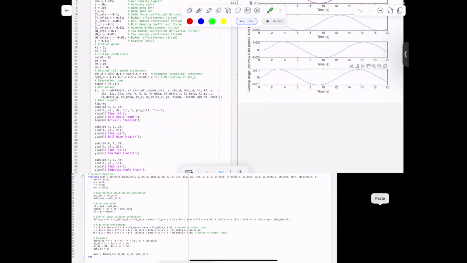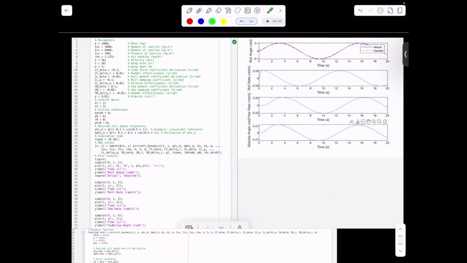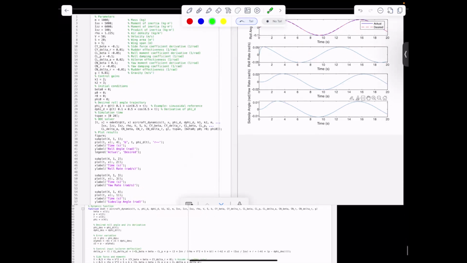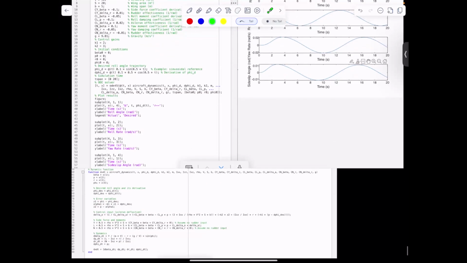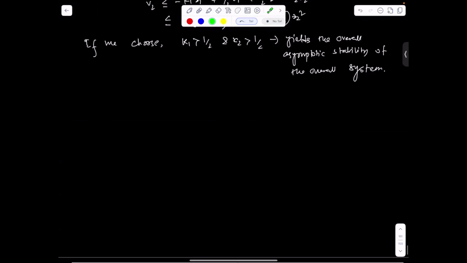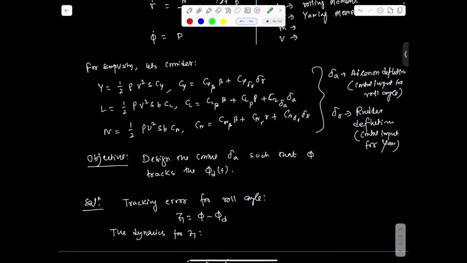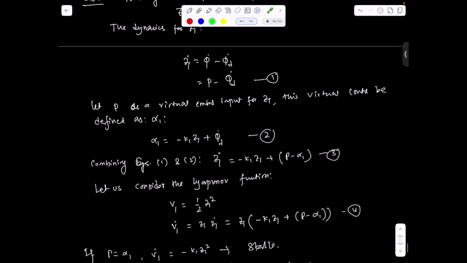So now we are going to start a new topic from now on. This is the last lecture in backstepping control. I hope you can design the same thing for your system, whatever system you are handling. If you have different dynamics, you can follow the same steps to design the overall control for the system, even if it is a spacecraft or another domain in flight mechanics or robotics. So let's stop it here.